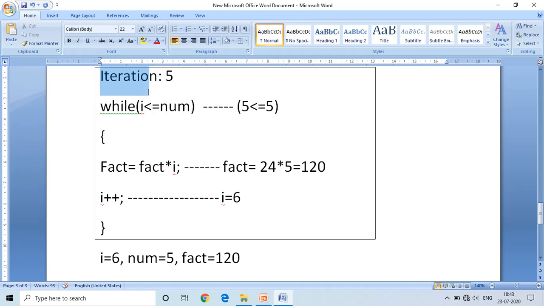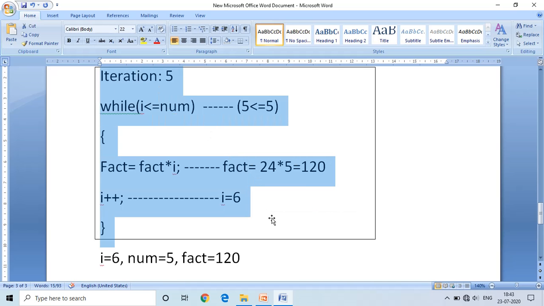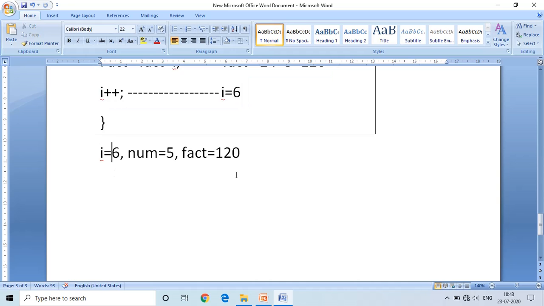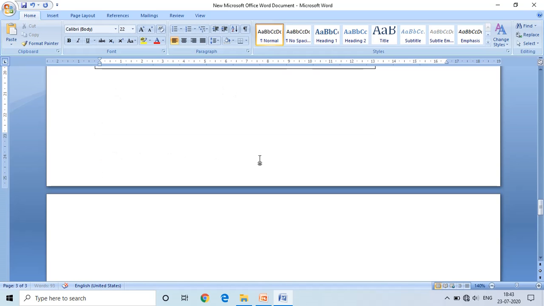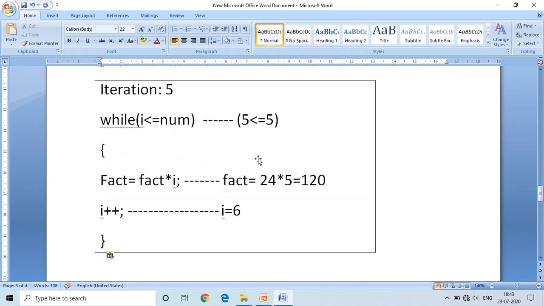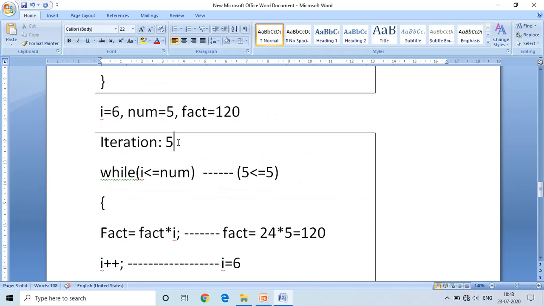Again, it checks the condition in the sixth iteration. The sixth iteration is started. In the sixth iteration, it checks the condition. I value is 6.